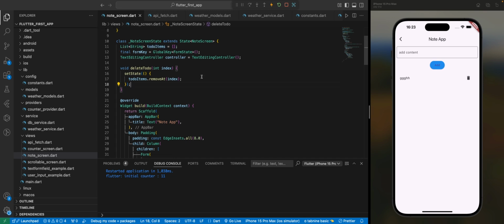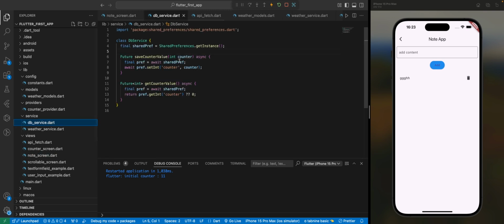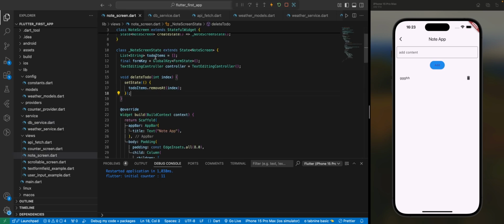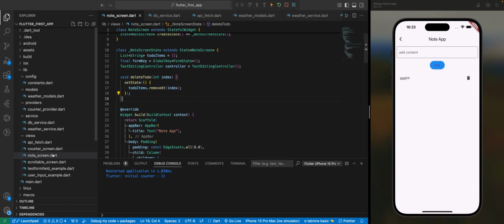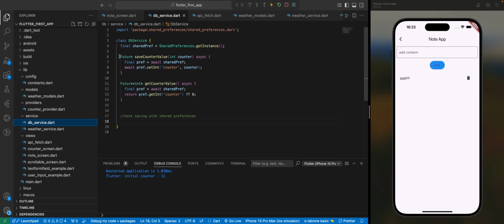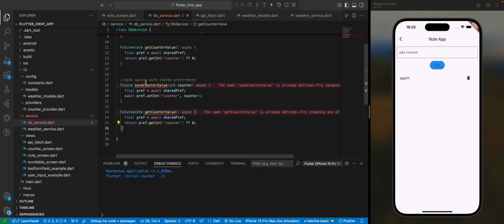All right. First thing I'm going to do, I will still work with our DB service, right? So in this DB service, let me just add a comment, note saving with shared preference. All right. So inside here, remember our list now is a list of string. So that means we'll be using this pattern, set string list, to save our data. It's a similar thing to what we already have here, save counter value and get counter value. So I will just duplicate this, okay? But I will change the name to save notes,